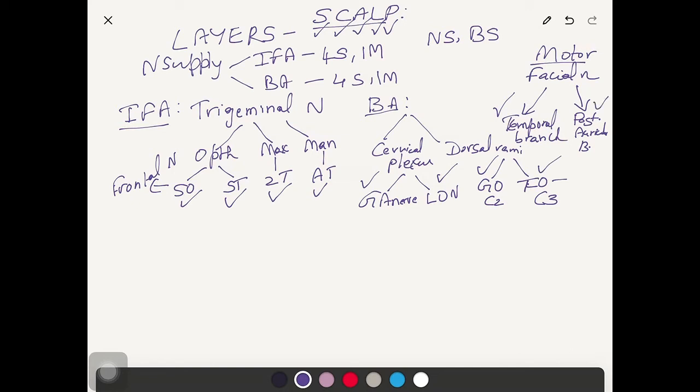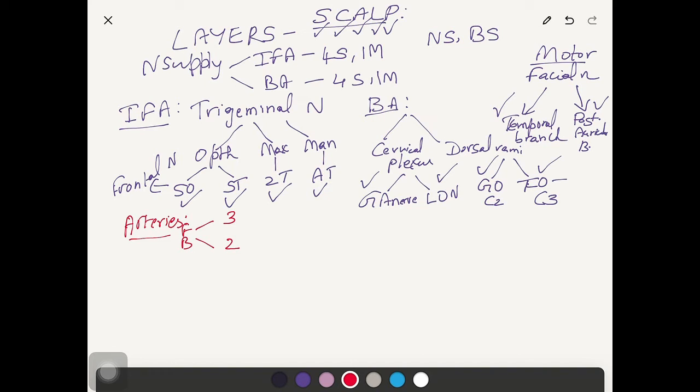So we have completed the nerve supply. Now we will see the arterial supply of the scalp. What are the arteries? There are 5 sets of arteries on either side, 3 in front of the auricle and 2 behind the auricle. So this is how. Here the scalp is one site where the anastomosis of the internal carotid artery and external carotid artery takes